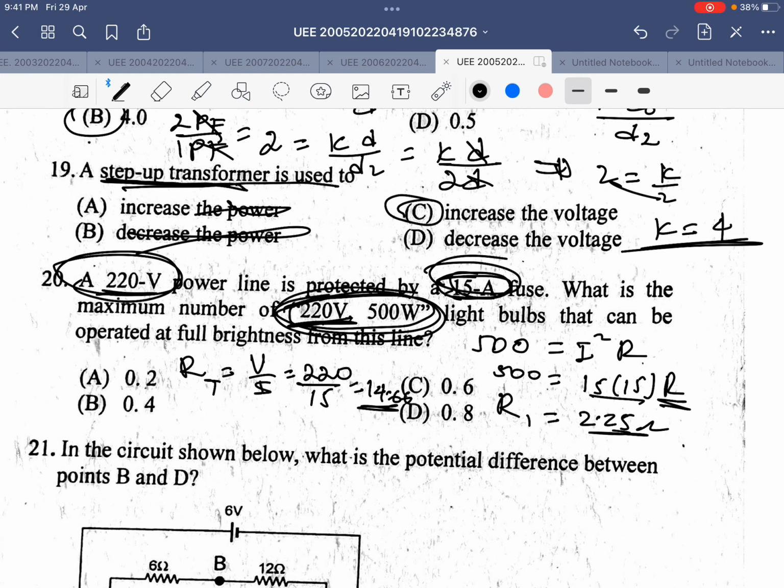ኦኬ፣ 500 ሲካፈል ለ225 እንደገና ላካፍለው። 500 ሲካፈል ለ225 ኦኬ 2.22 ይመጣል። ስለዚህ ቶታሉ 14.62 ነው።